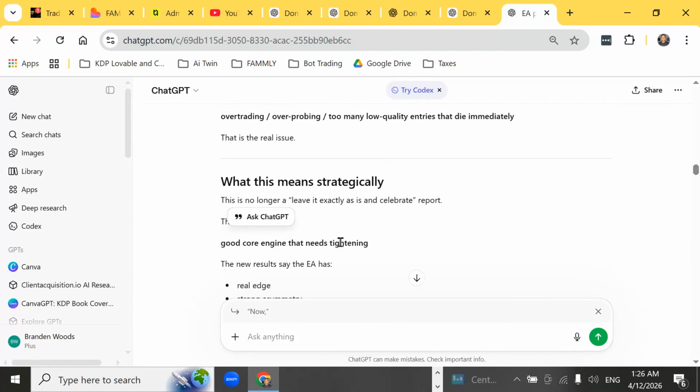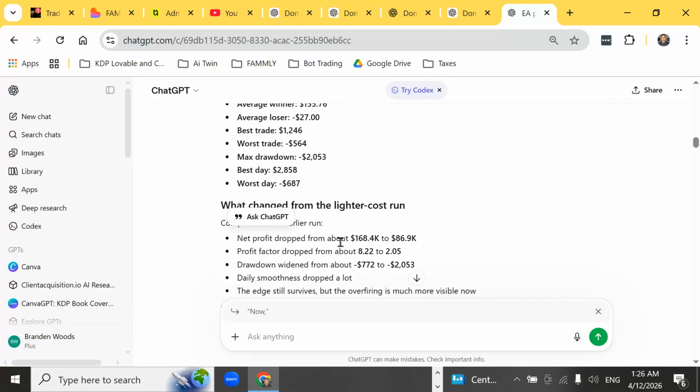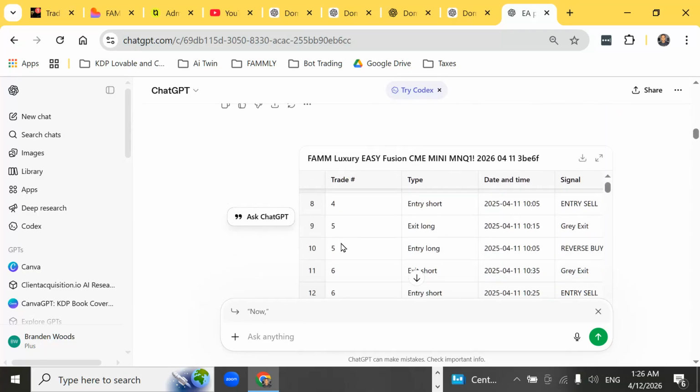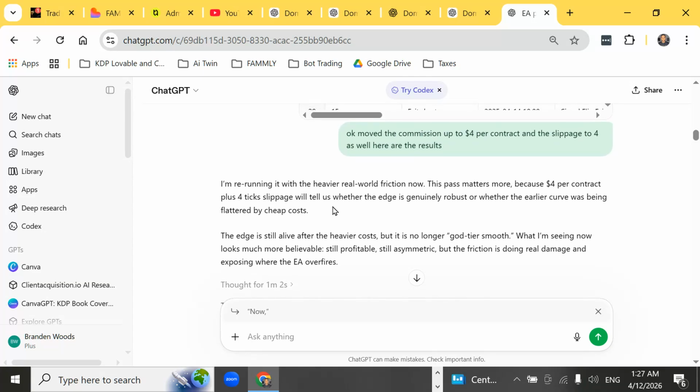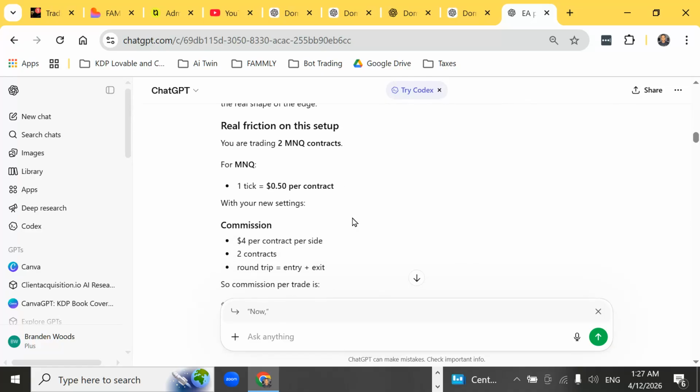Let me see. And here's the second MNQ with a heavy $4 per contract slippage. Remember, the other one was 9 cents, and that's realistic. That's what really comes from Top Step and Apex. 9 cents per contract. So we said $4 per contract and 4 ticks of slippage, right? And what came out,